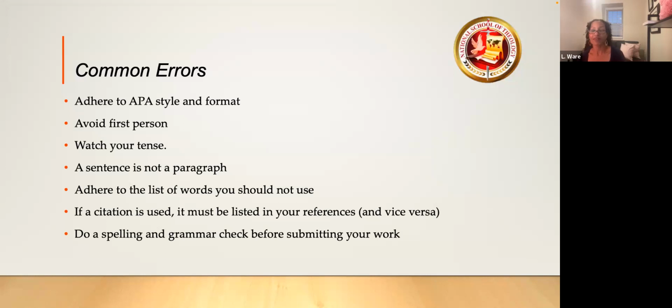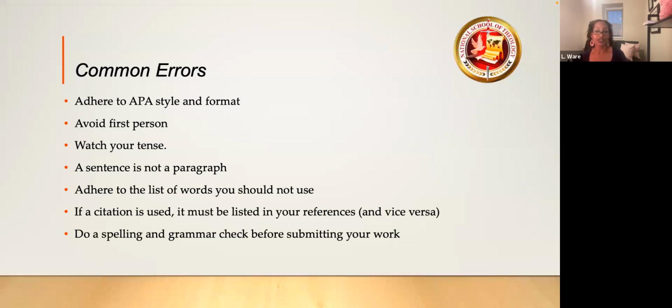Sentence, not paragraph. I haven't seen this week, so I didn't get to check this, but quite a few of you did still have 2 sentences as a paragraph. Okay. Pay attention. Sometimes you have sentences that are a little bit longer and it kind of looks like a paragraph, but go back and start counting your periods. If you only have 2 periods, it's 2 sentences. So go back and make sure that you really have a good paragraph.